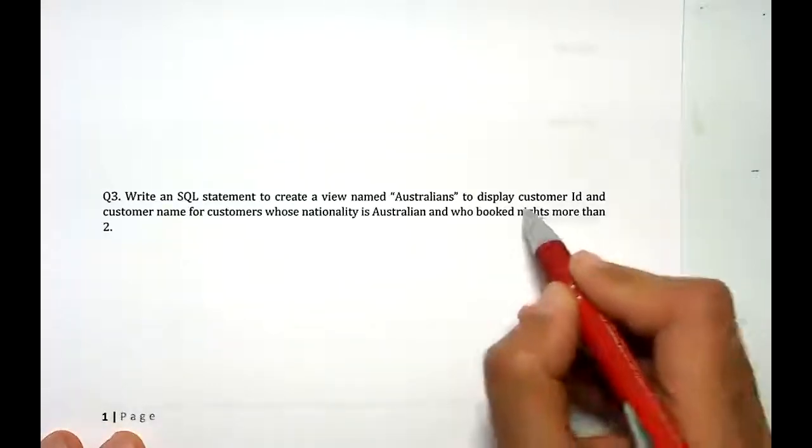So query number 3: write a statement to create a view named Australians to display customer ID and customer name for customers whose nationality is Australian and who booked nights more than 2. Okay, so what I need to display here is customer ID and customer name. So I'm going to